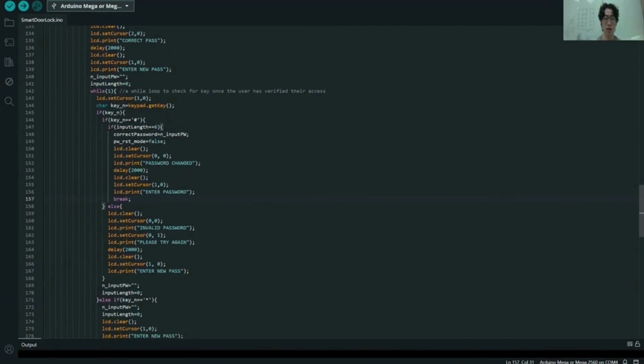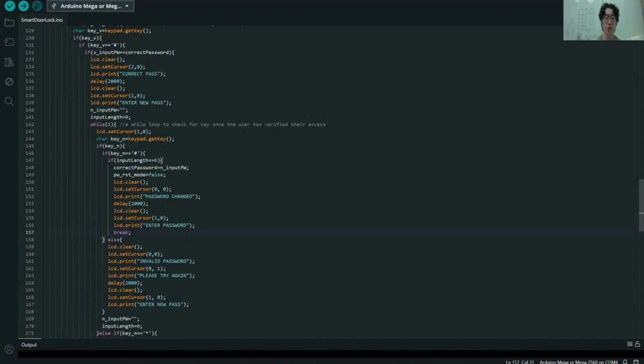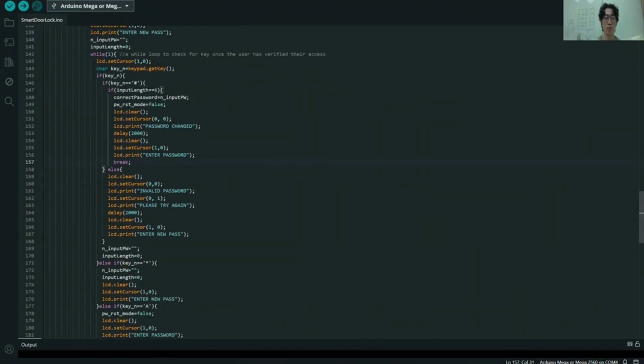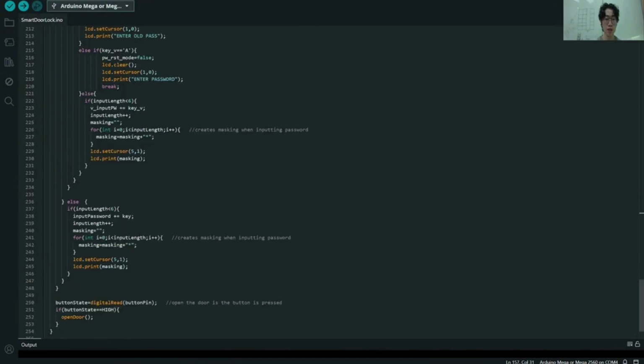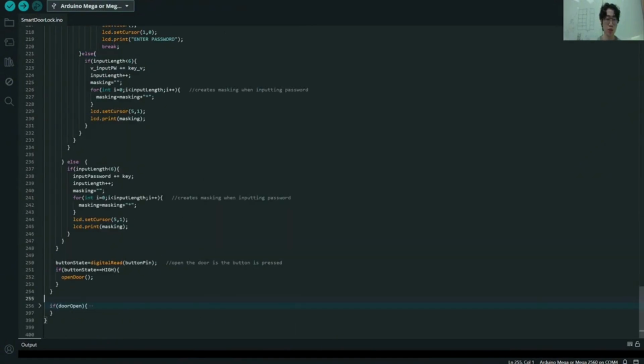So in general, when the user presses A, they will enter the password reset mode, and the user will need to input the previous password first to verify their identity, and then they will need to input the new password, which will be presented in the next part in the demonstration. And next will be when the door is open,